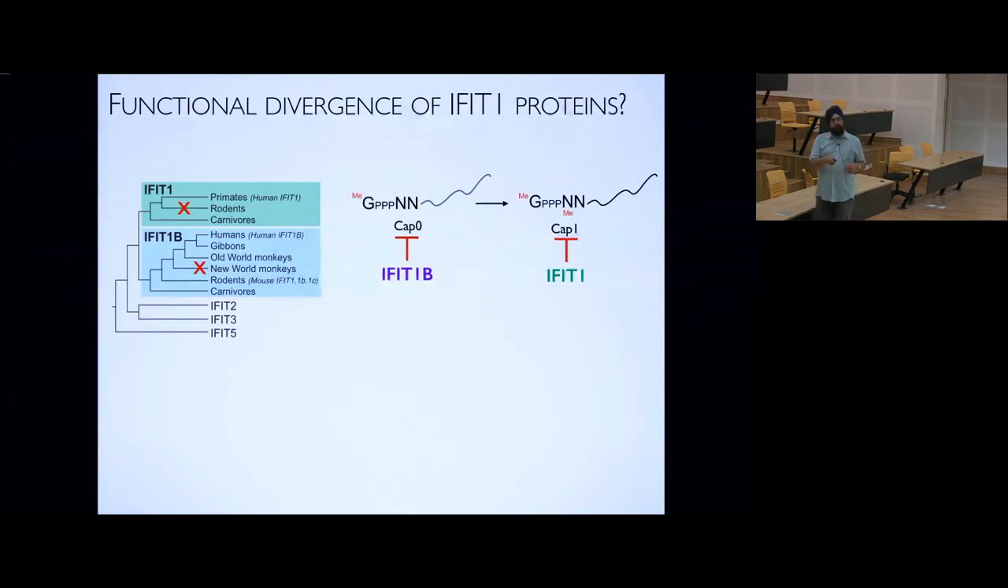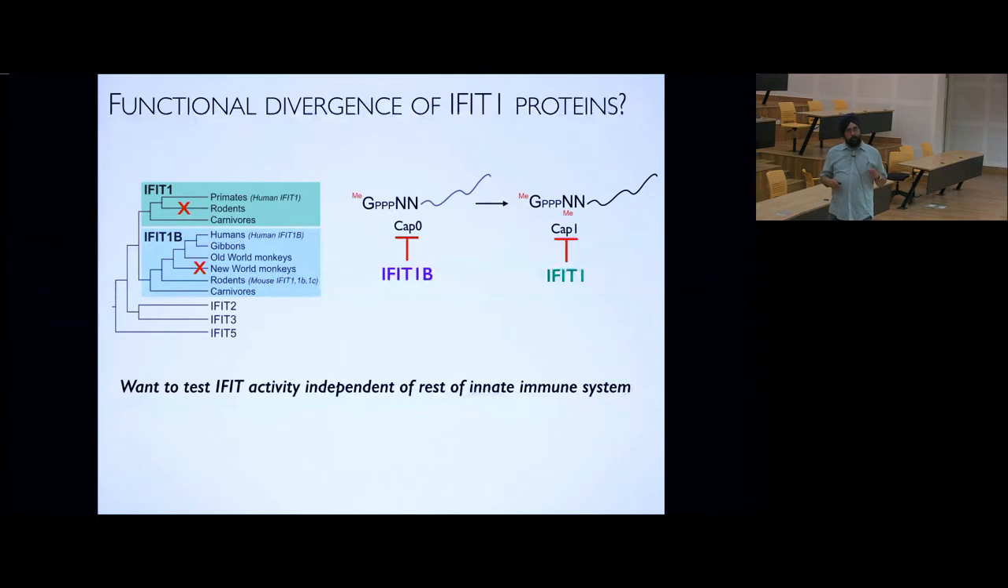So this leads to the possibility that maybe both sets of laboratories were actually correct. The mouse guys had focused on IFIT1B, and that's a CAP0 recognizer, and the human guys had focused on what ended up being IFIT1, a paralog, and that's a CAP1 recognizer. So we wanted to test this. So here again, we wanted to do something slightly unusual,